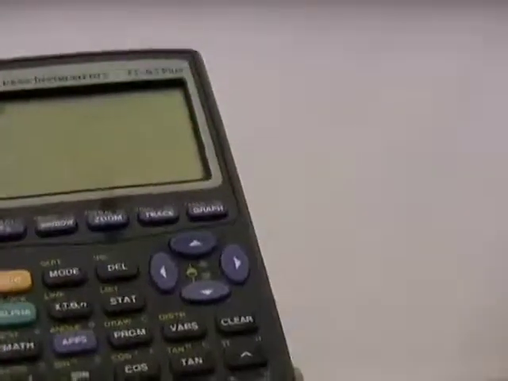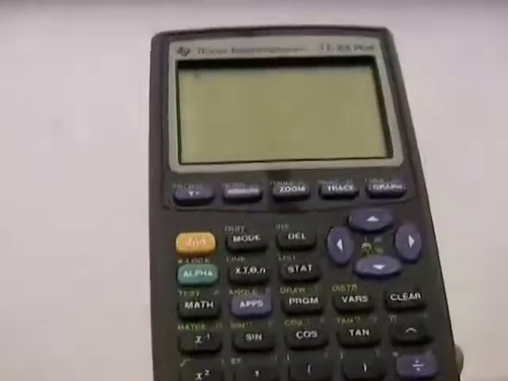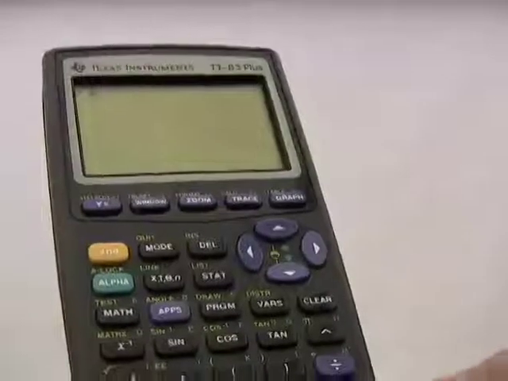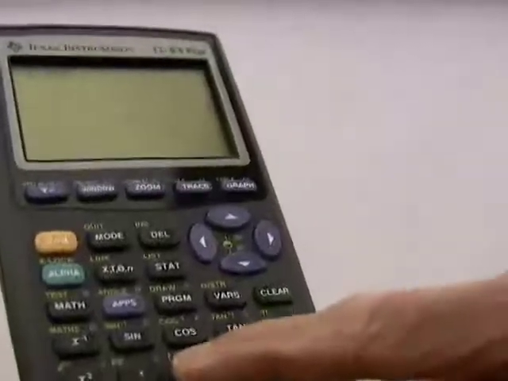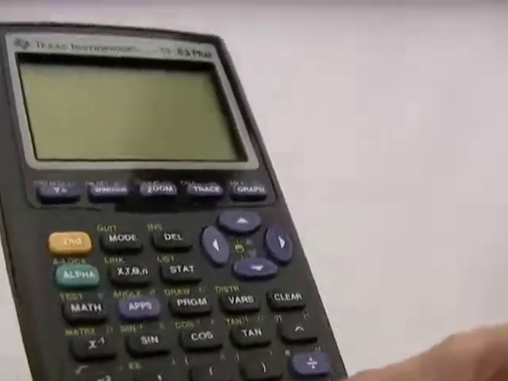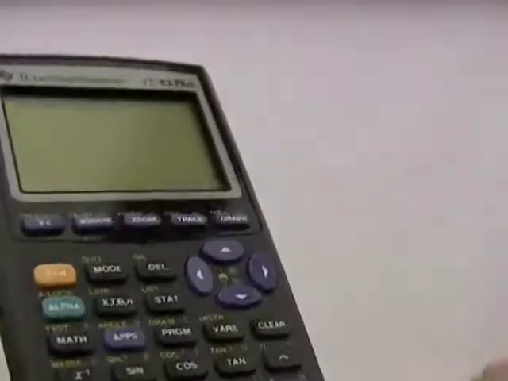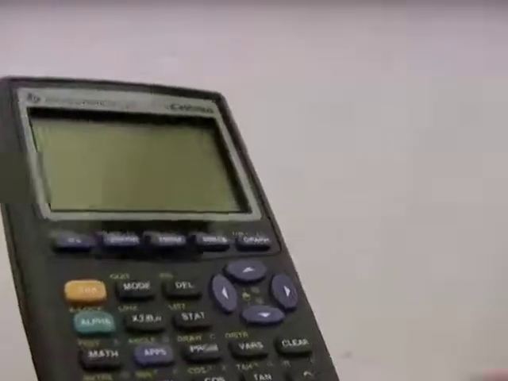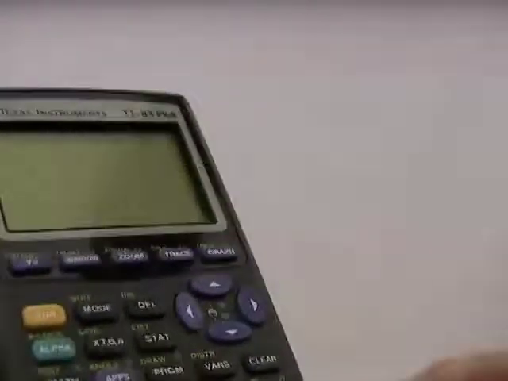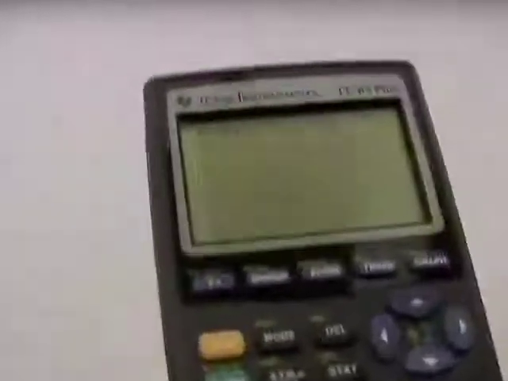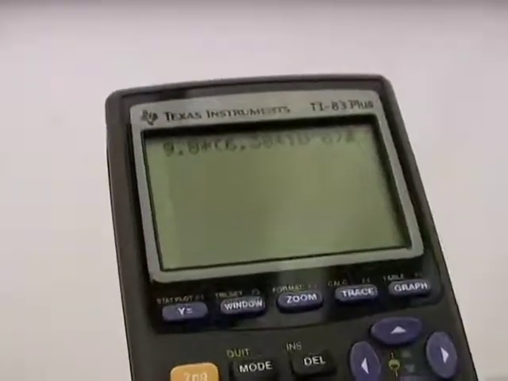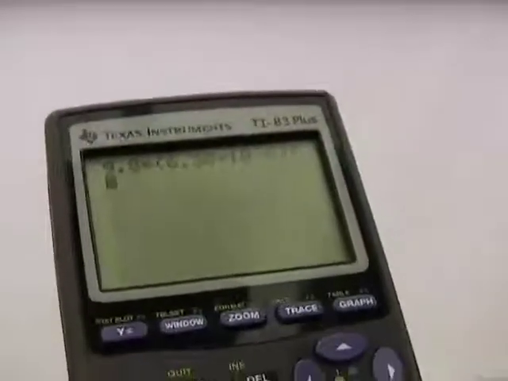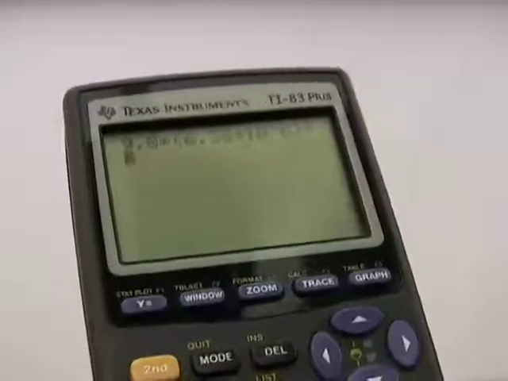It'll be the numerator, you can type in the way you see it. 9.8 multiplied by, in parentheses, 6.38 times 10 to the power of 6, parenthesis closed, and square it, divided by,